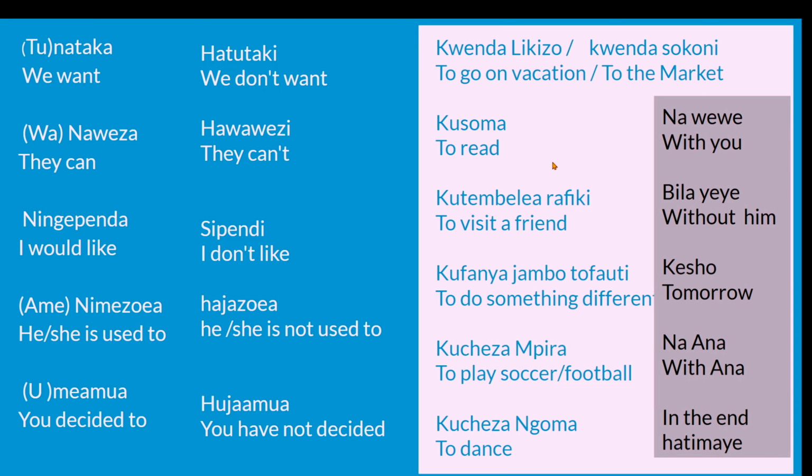So to make a more complete, or should I say complex sentence, we can add a few extra things here. Na wewe, that rhymes well. Na wewe, with you. Bila yeye, without him. Kesho, tomorrow. Na Anna, with Anna.